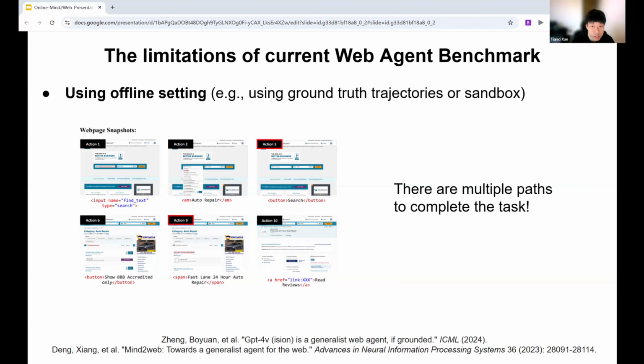However, we all know that existing benchmarks still have several limitations, like still using offline websites. But as the previous paper mentioned, there are actually multiple paths to complete a task, which means that evaluation based on the ground truth trajectory is unreliable.